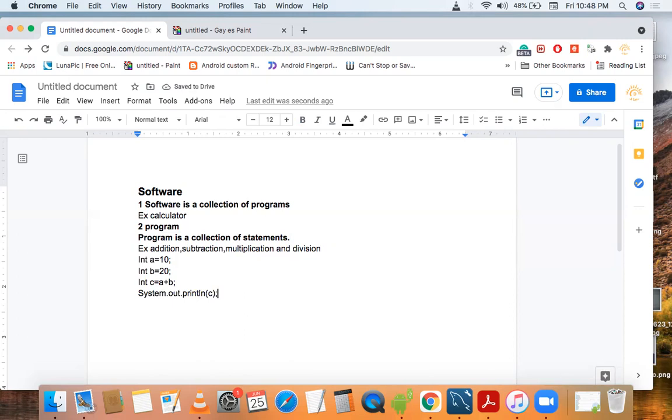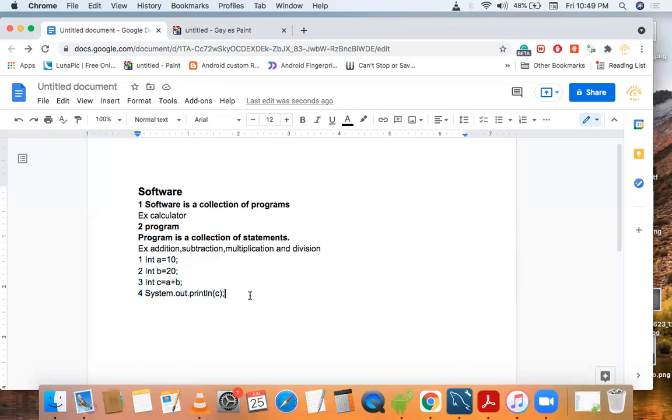So these are our statements for the addition program. With the combination of these statements, we can implement an addition program. This is our first statement, this is our second statement, this is our third statement, and this is our fourth statement.